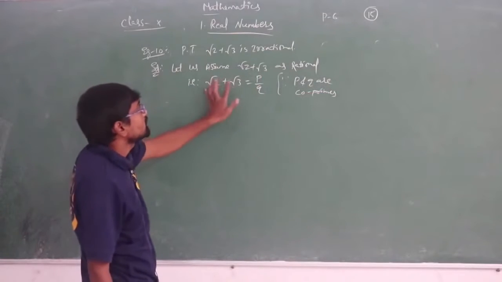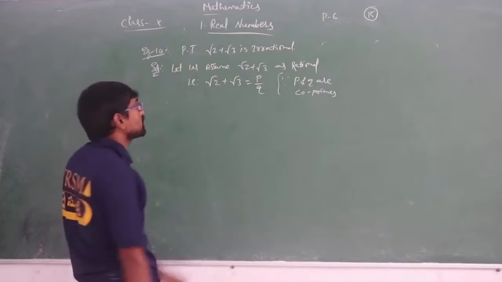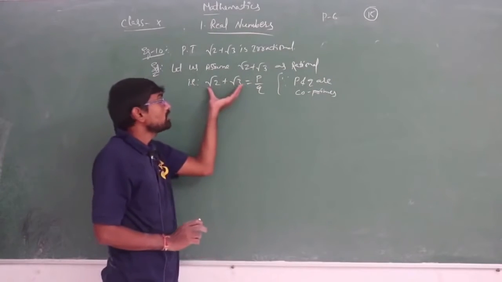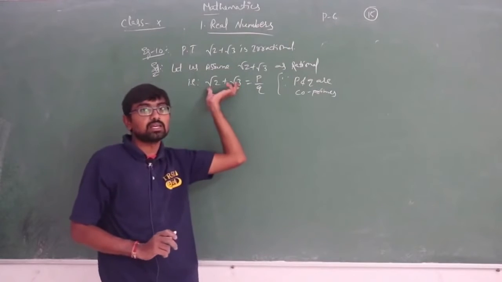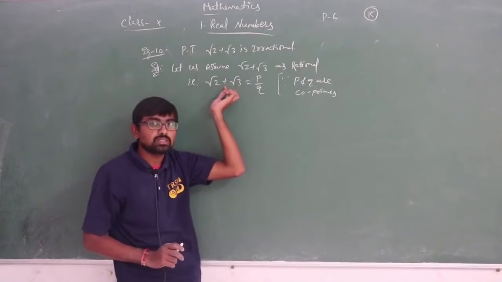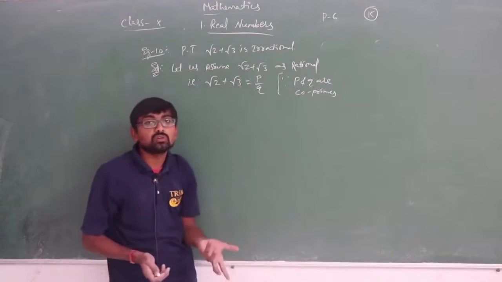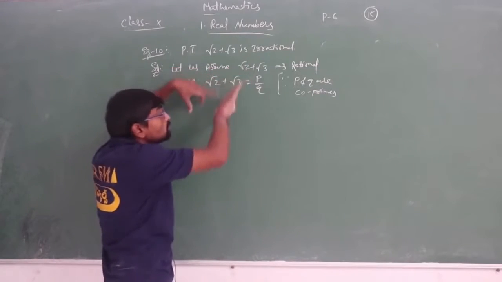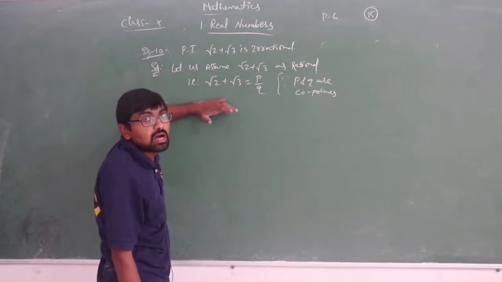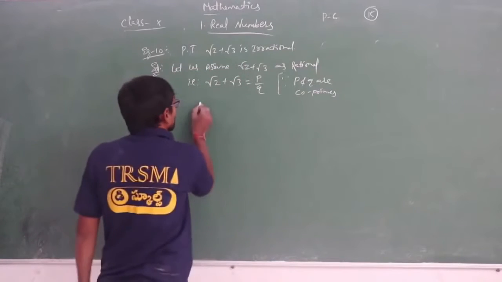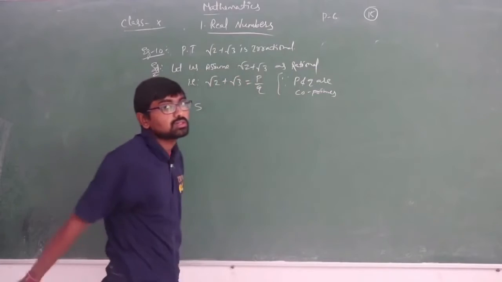So now, can I simplify anything on the right hand side? I can't. Why? Because these both are in root form only. As we are adding 2 irrational numbers here, what do we need to do? We need to check whether we can remove these roots or not. How can we check? By squaring on both sides. So we need to remove that roots.